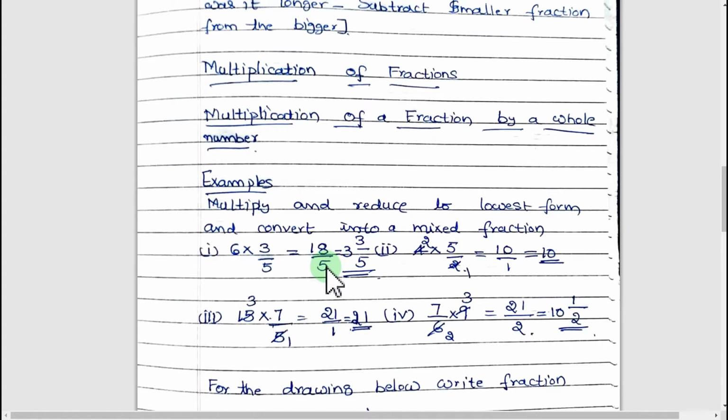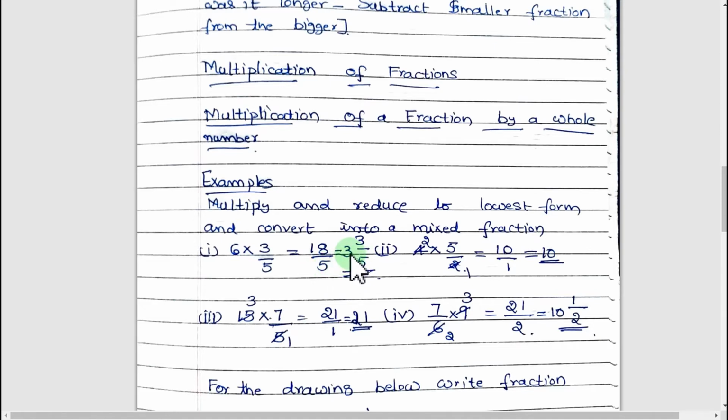How to convert this into a mixed fraction? I have shown you in the last class by dividing. Now we will do it directly. 18 by 5. Now divide 18 by 5. Complete division is not possible. A remainder remains. So find the nearest product. 5 3s are 15. 5 4s are 20. That crosses 18. So you have to choose the nearest smaller product. 5 3s are 15. So 3 you have to write here.